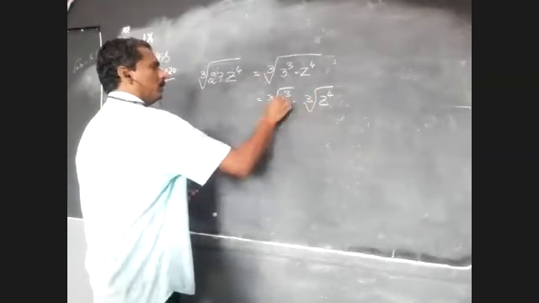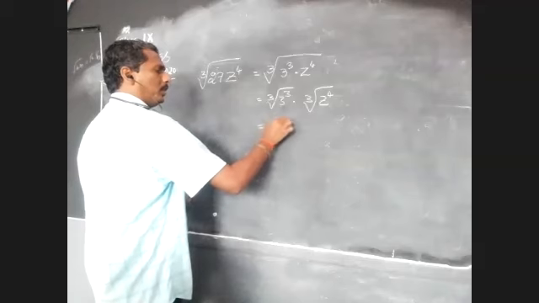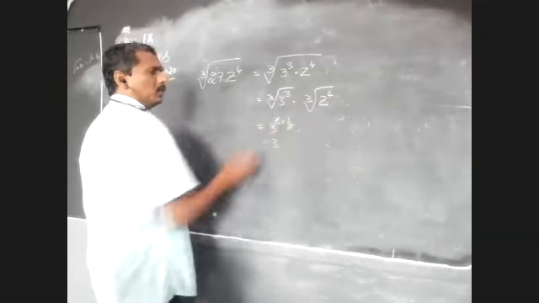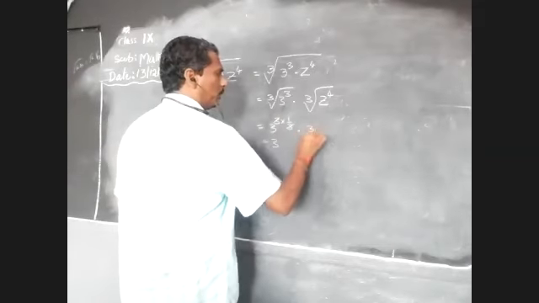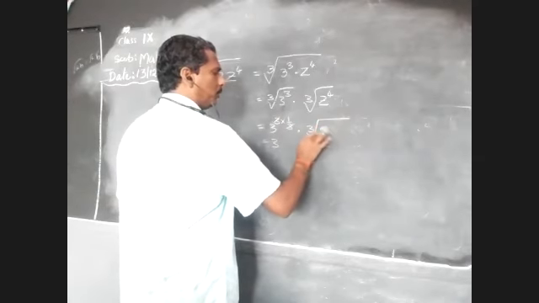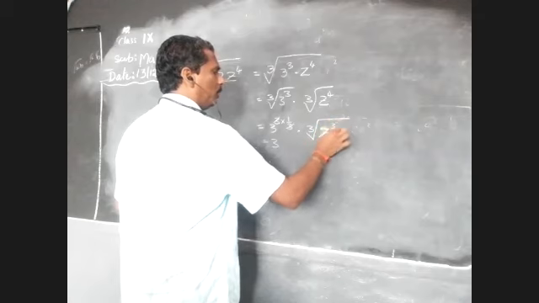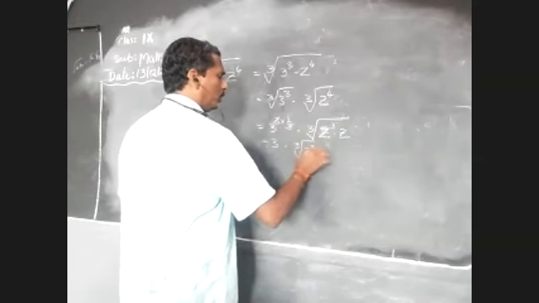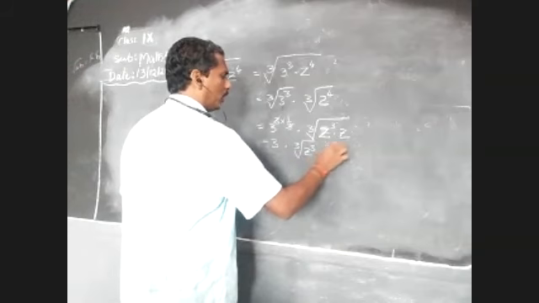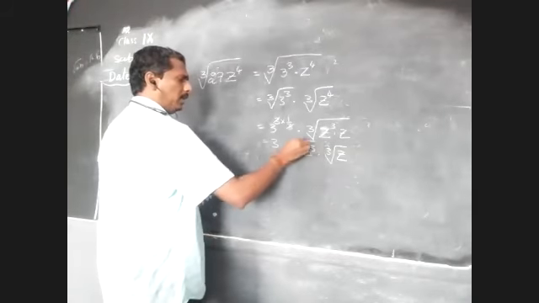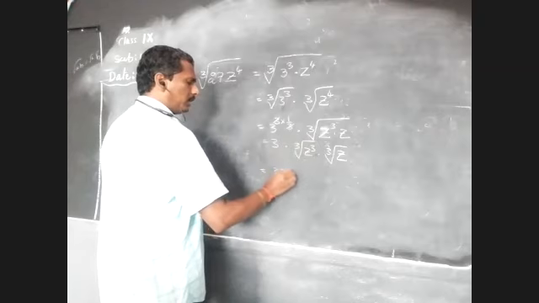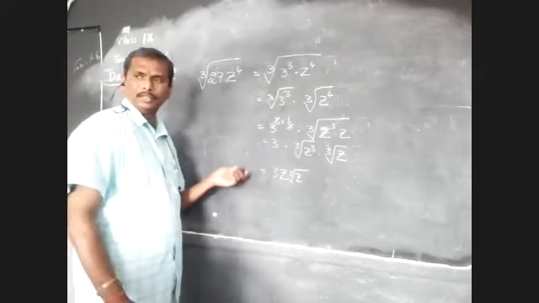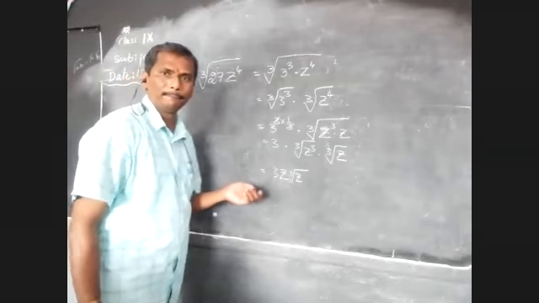So this part is the simplification. 3 to the power of 3 into 1 by 3 cancels, that is the 3. Same also here. Cube root of z to the power of 4 can be written as z cube into z. Again we split this as cube root of z cube into cube root of z. So the 3 and the cube root cancel. So 3z into cube root of z. So this is the simplification of this part.